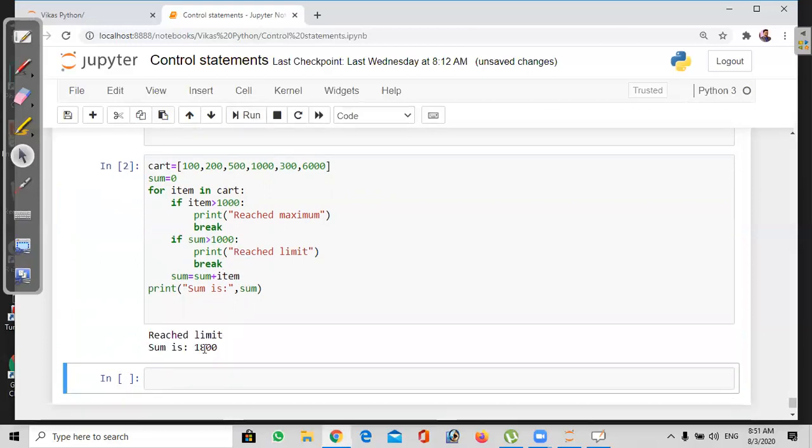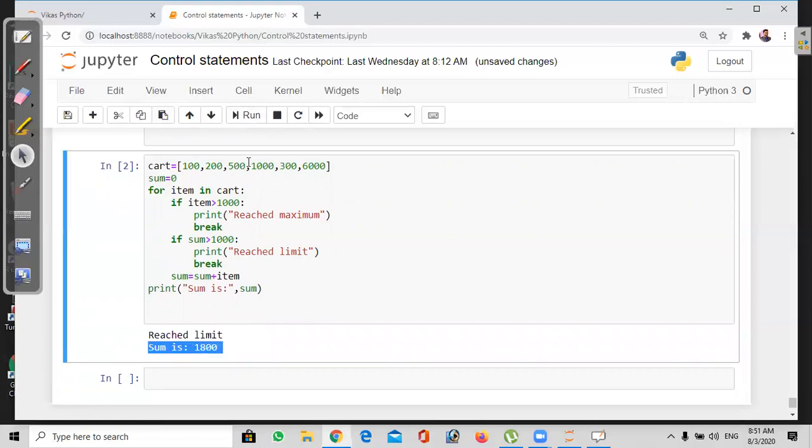See here, 800, 1800 only. That means it has not taken that 1000 also, it left the 1000 and has taken 1800 only. Let me not print the sum, because sum is printing inside of the loop.